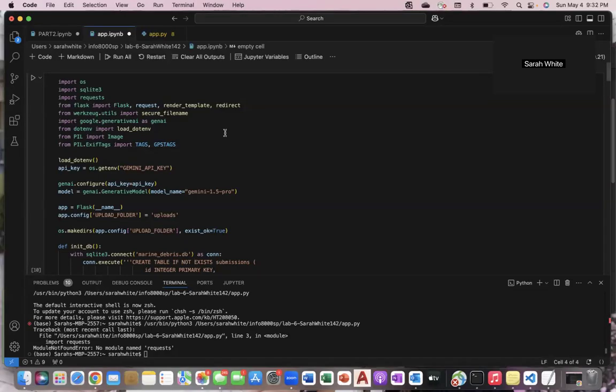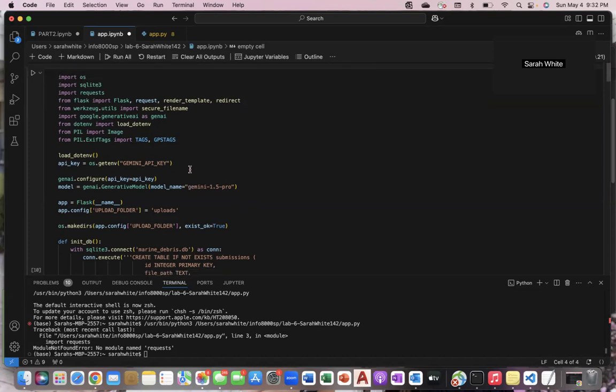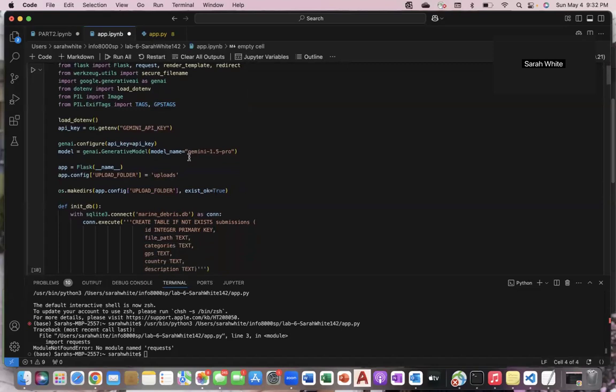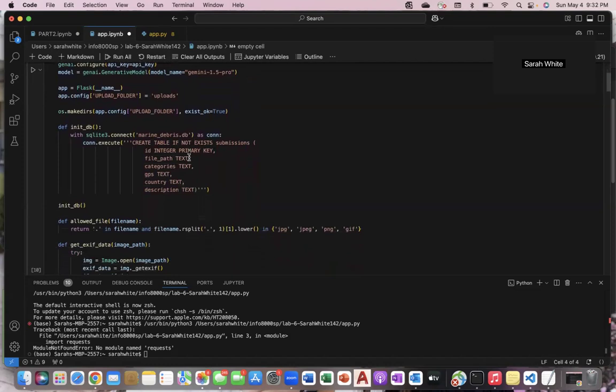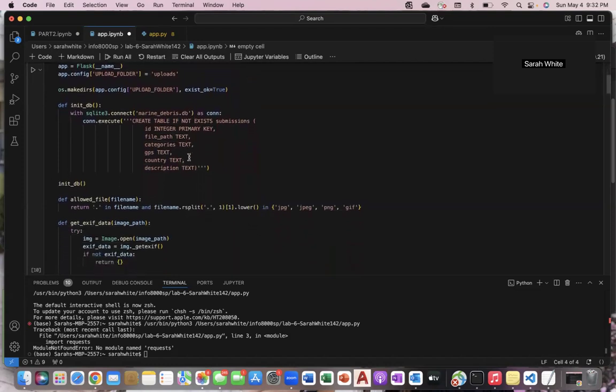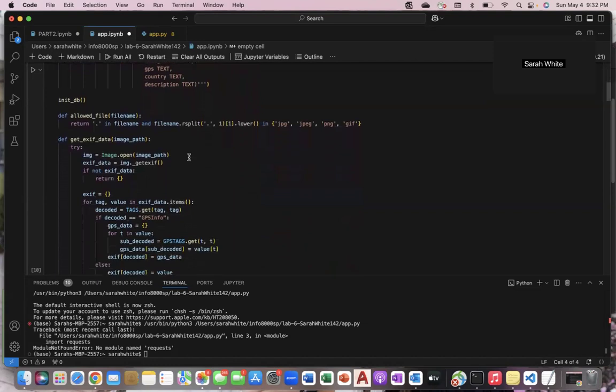Okay, so this is my video for walking through my working code. So using SQLite 3 for the databases and using Flask for the actual application. I have all of my code set up, starting with running Flask and creating the initial database, and then